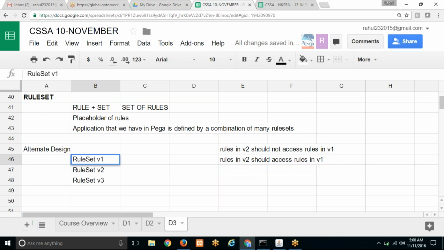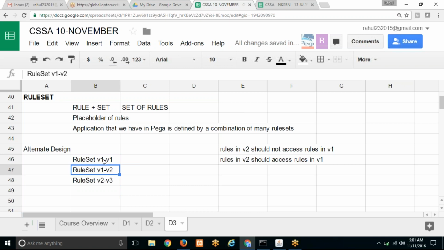So I will have V1 hyphen V1, and here I need V1 hyphen V2, and then V2 hyphen V3. Because I introduced one more level here,